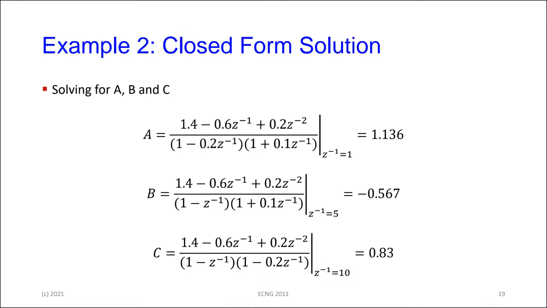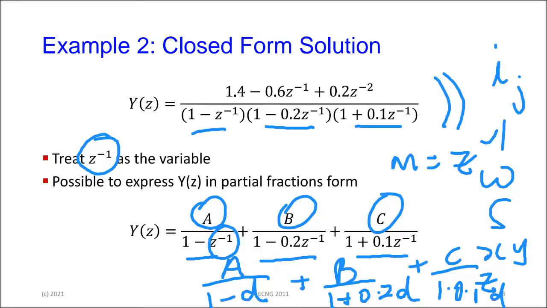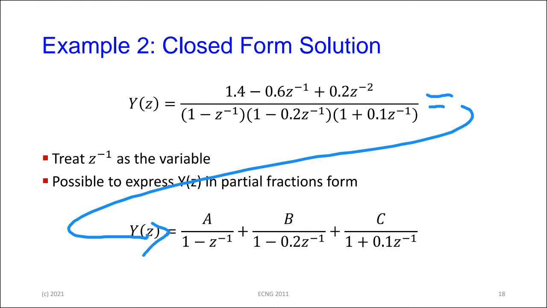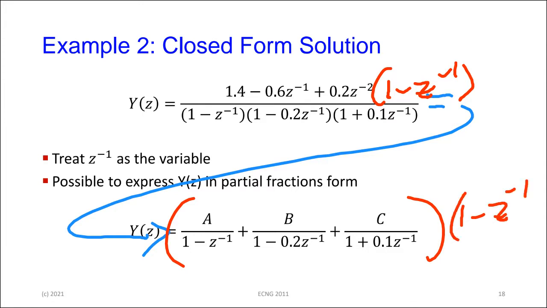All right, so you could solve. In this particular case, when you're doing partial fractions, you could either get 3 simultaneous equations and solve for A, B, and C, or you can use what they call the cover-up technique here. So for instance, if I wanted to solve for A, remember this is equal to this. If I multiply here by 1 minus z minus 1 and multiply this side by 1 minus z minus 1,